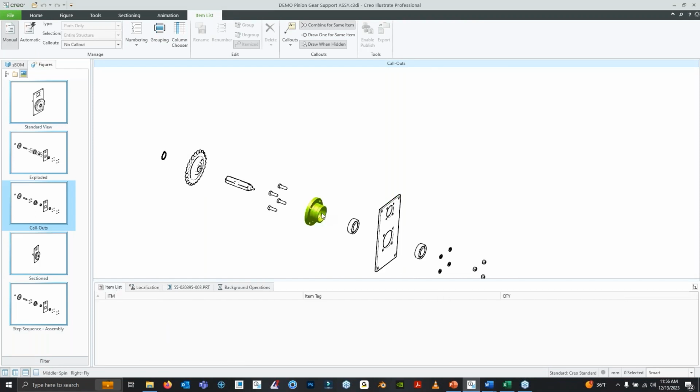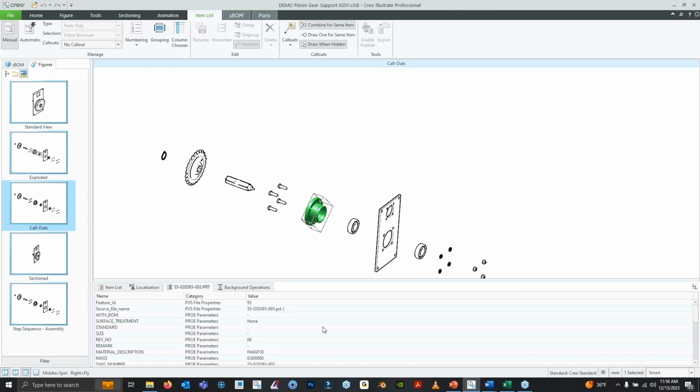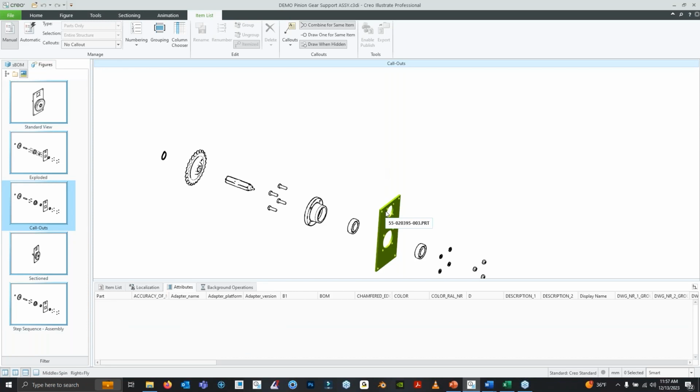Either it's going to show up under this attributes tab, to where when you click on the parts, it's got all the information from Creo Parametric. So, for example, this description one is actually the name of the part. This is a parameter that was actually added in Creo Parametric. So then later on, we can export that as a CSV file and use it in our